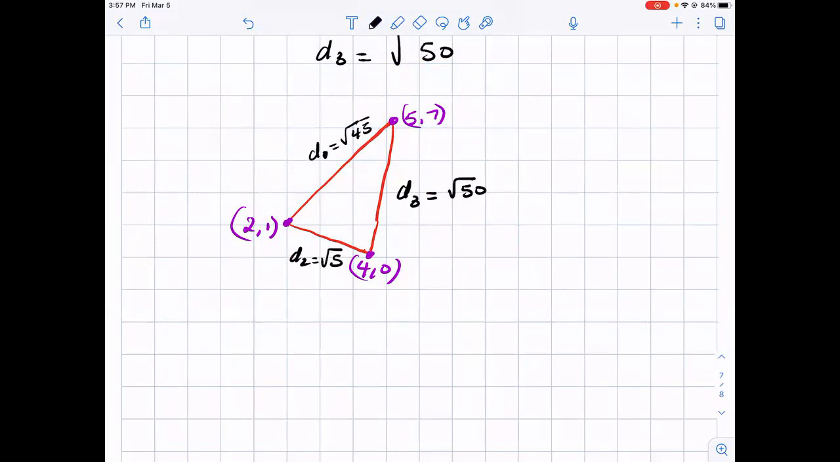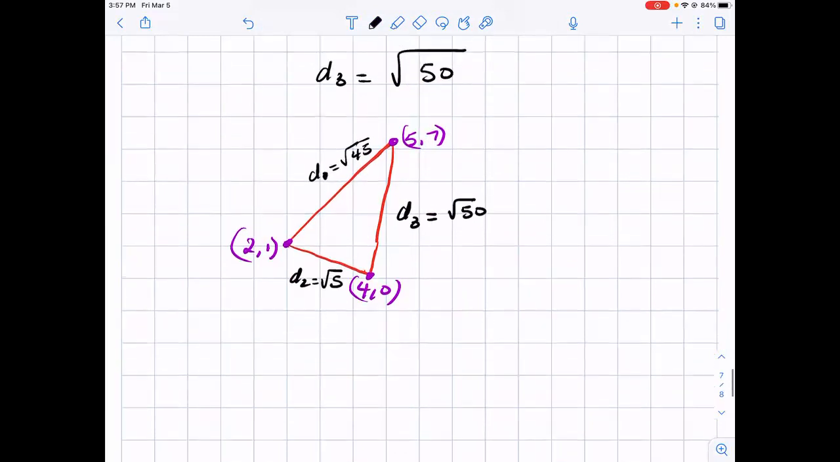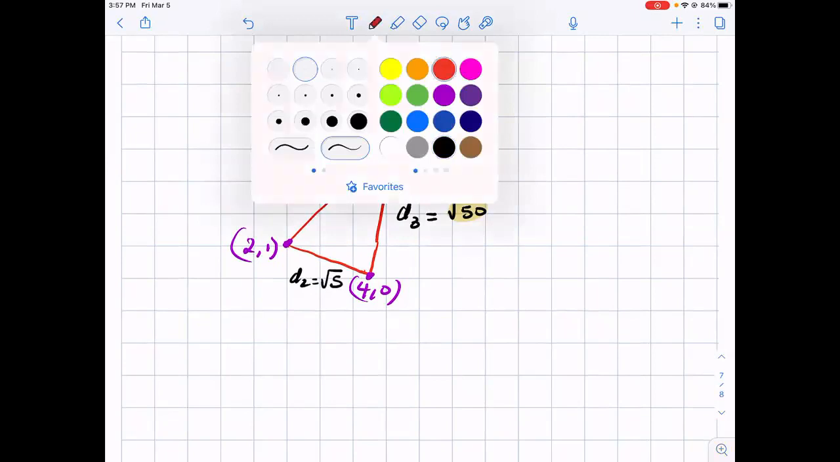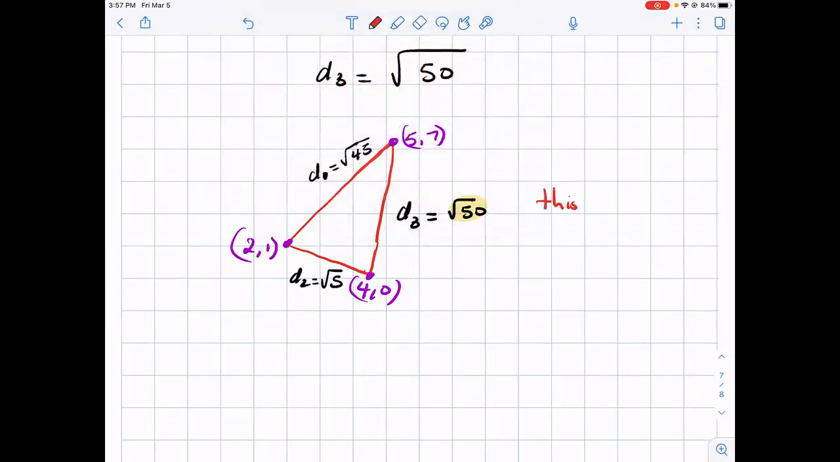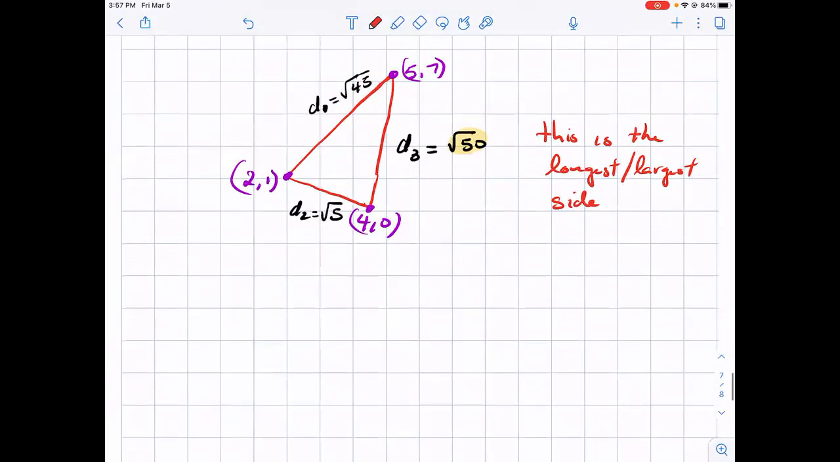Okay. So notice this here, this is the largest value, right? This is the longest slash largest side. Okay. Because the square root of 50 is bigger than the square root of 45 or the square root of 5. So we can now